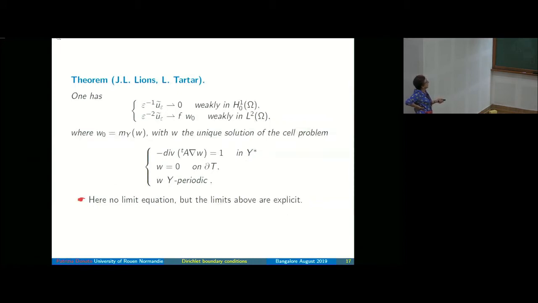Okay, so here there are no limit equations, but the limits above are explicit because you compute one is 0, the other one is f w0. In general you look for a limit equation because you don't know what the limit is. But if you have the limit, anyhow, you have finished. Okay, so the proof